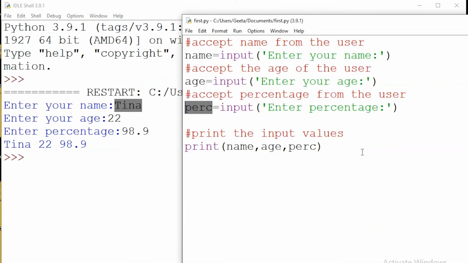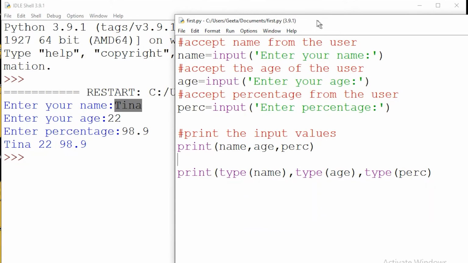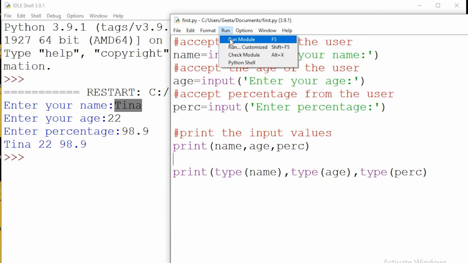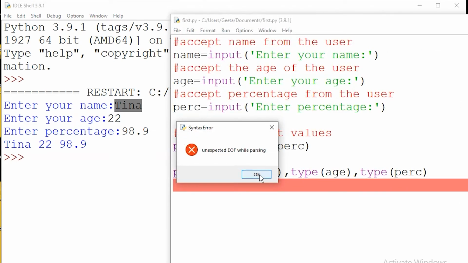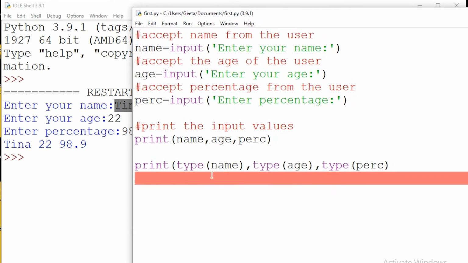If I want to check the type, let's say print type of name, then type of age, then type of PERC. Let's execute the program once again. Okay, this statement is not terminated properly because the print function makes use of round brackets.